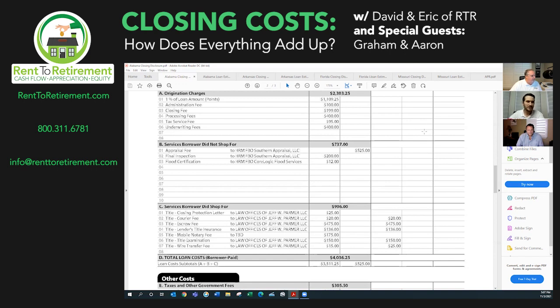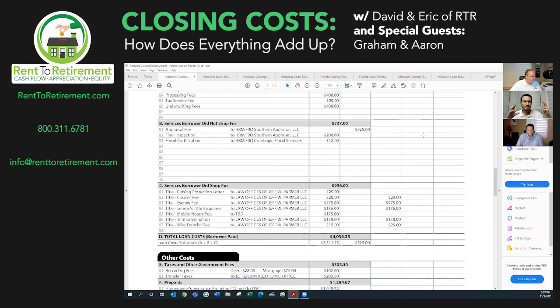As we jump down to section C here, we now have the fully finalized and accurate title fees. If you look there, there's a substantial portion to the right here that's being paid for by the seller. That's all coming ultimately from the contract and any negotiations that might have taken place there, that the title company has now relayed to us as the lender, and that's accounted for properly here. So that's where you can see any of these title fees split up, as well as the accurate title insurance numbers in here as well. And you can see that that's being split 50-50 between the buyer and seller in this case.